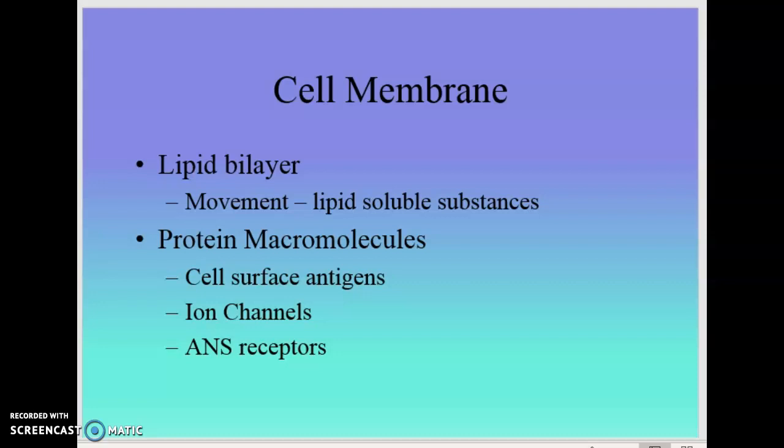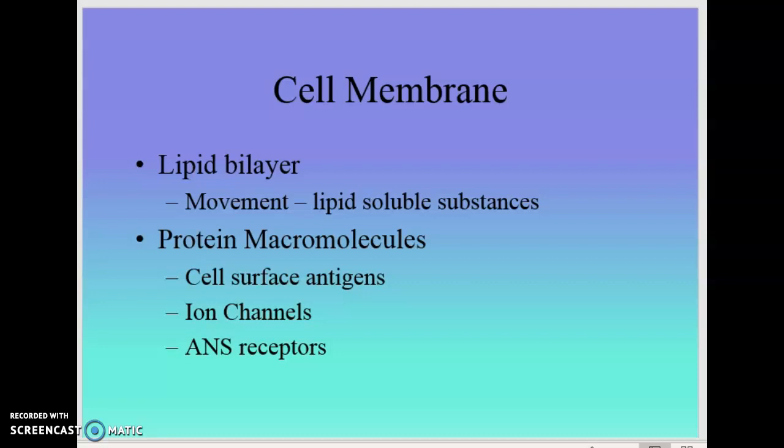These protein macromolecules serve to be cell surface antigens to help identify self from non-self, ion channels such as the sodium-potassium ATPase, which, if you remember, that's 3 sodium out for 2 potassium in, and that helps maintain the membrane potential. And then we also have specific receptors for neurotransmitters, such as a receptor for epinephrine, which would be a